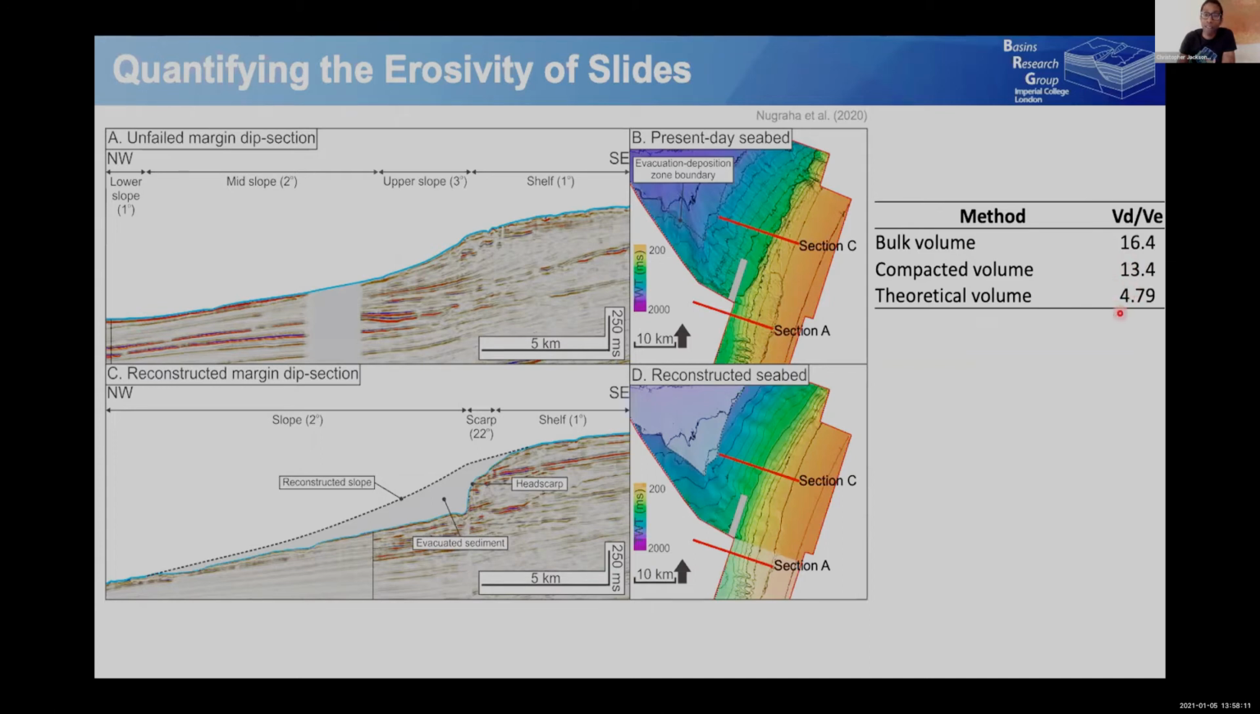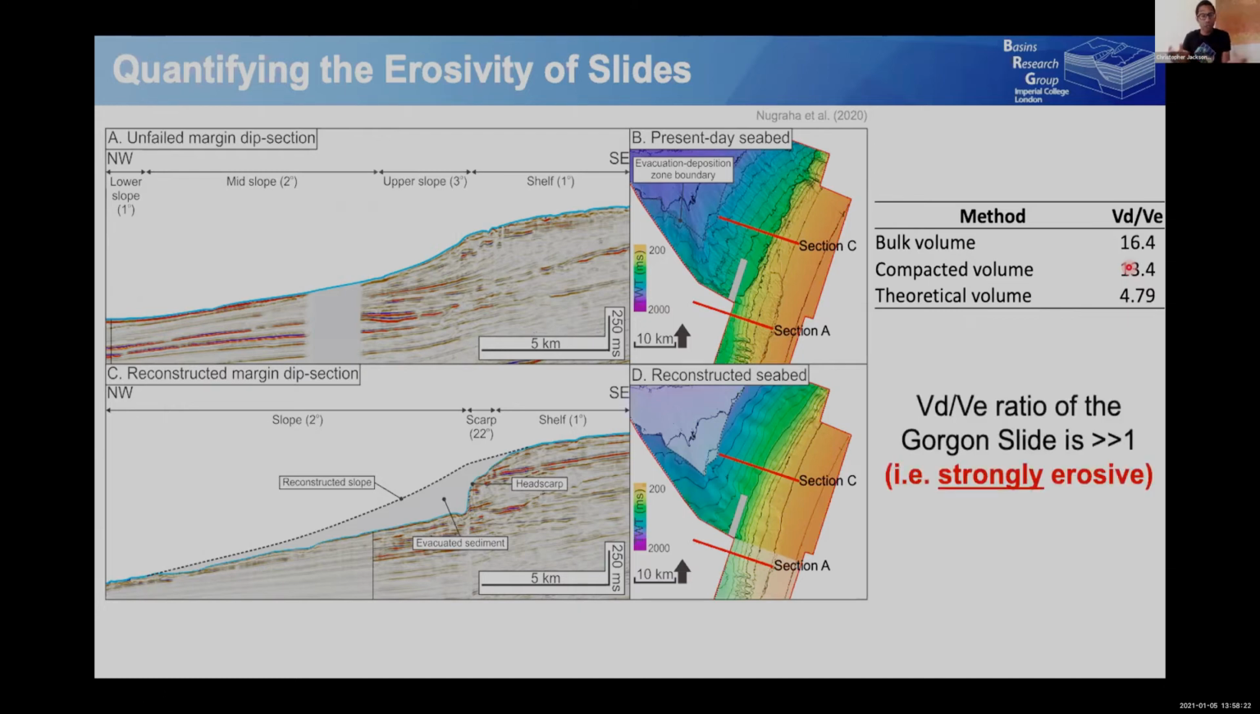At best, it's 5, and the more realistic values, which are quite close together, are that the deposit volume is 15 times the size of the originally failed mass. So this thing we call the Gorgon slide is strongly erosive. We played around with numbers. I told Haria he might have been wrong, and we couldn't get away from the fact that this ratio was